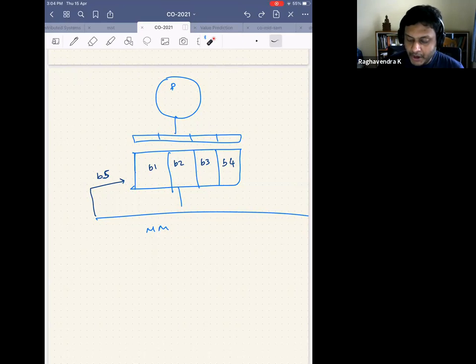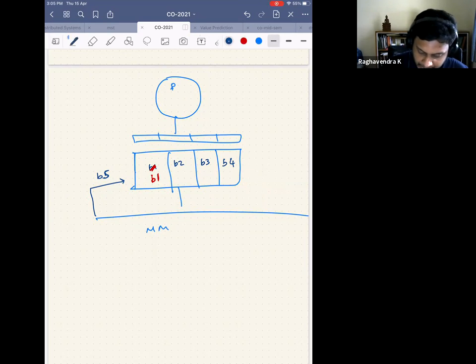The question was, what happens if there is a write that is generated by the CPU? Let's say this particular block, instead of just the data being here, the CPU had generated some data here. So let's say it had updated the value of B1 here, and now you have chosen the candidate B1 to be kicked out. So now, do I write it back to the main memory or not, was the question. So that's where we got stuck. We said, should B1 be written back to the main memory or not? That's the question.